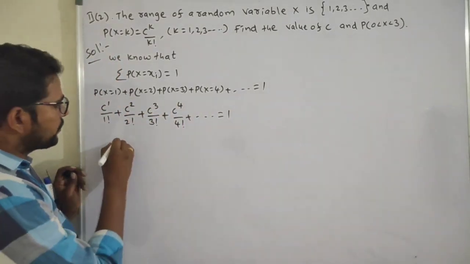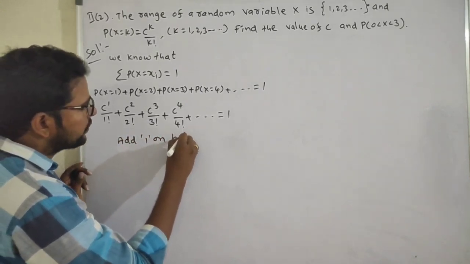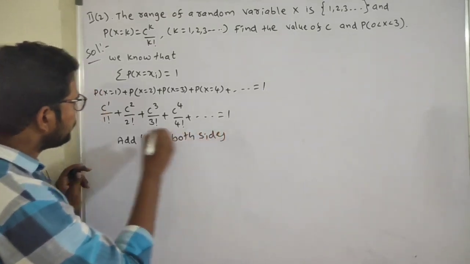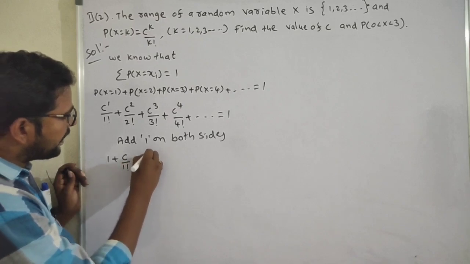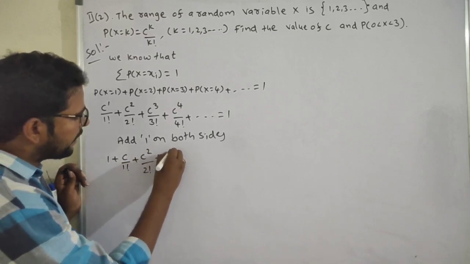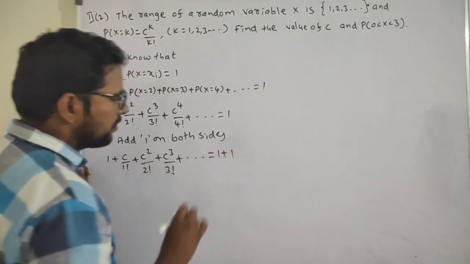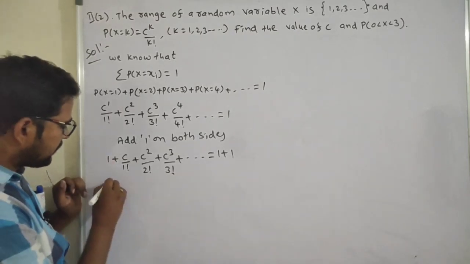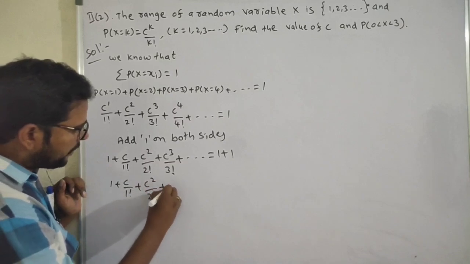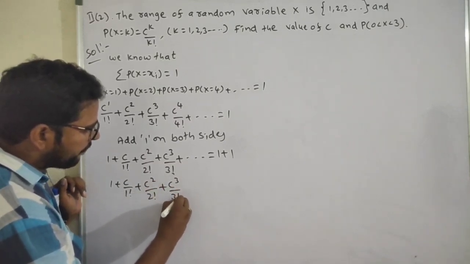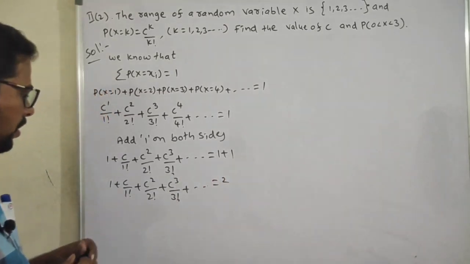Now add 1 on both sides. It will become 1 plus c power 1, that is c by 1 factorial, plus c square by 2 factorial, plus c power 3 by 3 factorial, plus and so on, is equal to 1 plus 1. So 1 plus c by 1 factorial plus c square by 2 factorial plus c power 3 by 3 factorial plus and so on is equal to 1 plus 1, value 2. So the LHS is in the form